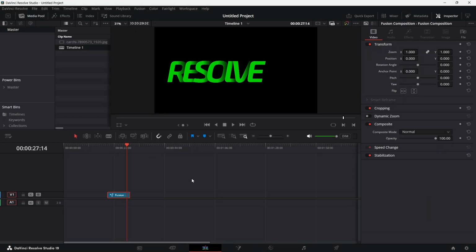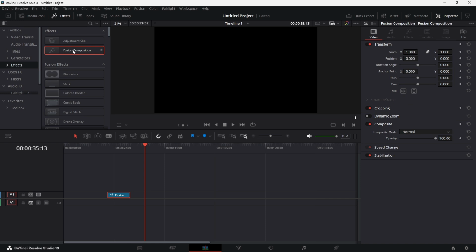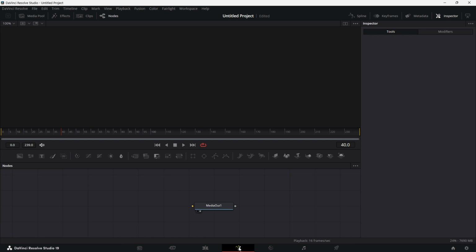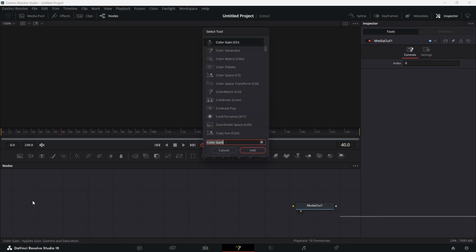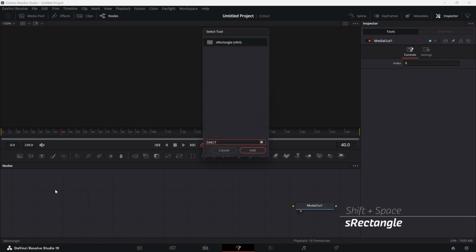Let's go to the timeline. Let's bring in another fusion comp. Go to effects, bring in the fusion comp, click on it, Control D, 10 seconds, put the playhead on it, and click on fusion tab. Let's drag the media out here. Now for this one, we're going to click on an empty part, shift spacebar, bring in an sRectangle